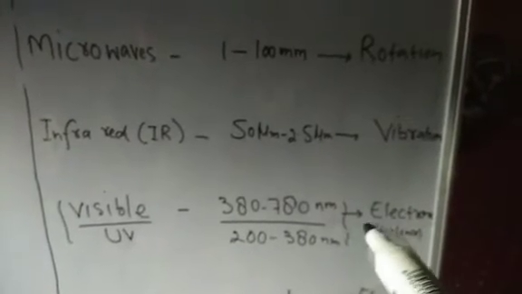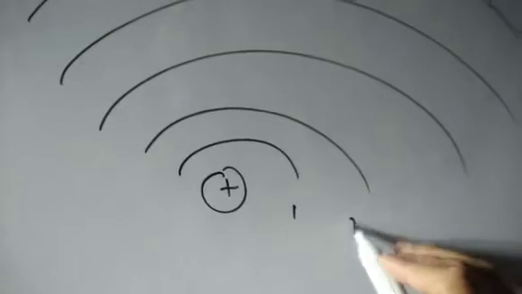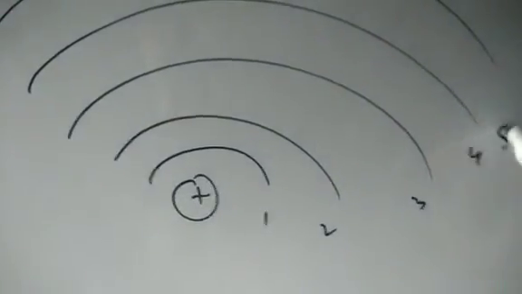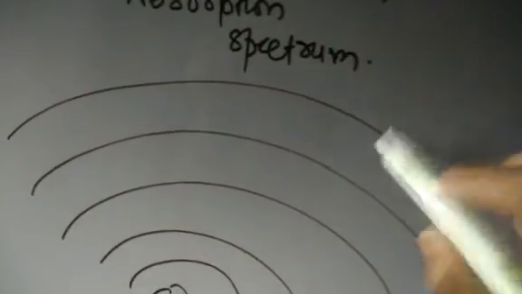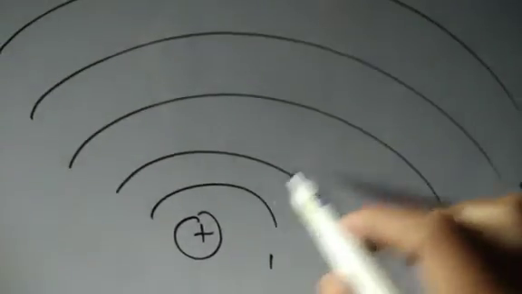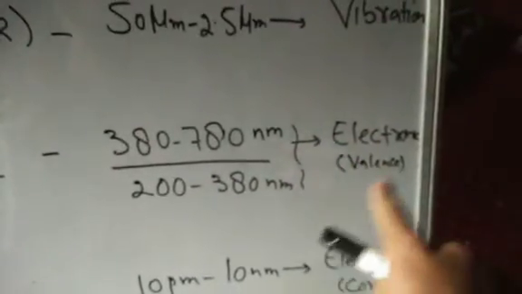Fine. So valence electrons means, you can try it here. If we just put up a Bohr's model kind of structure, this atom in a molecule. So this is energy level 1, 2, 3, 4, 5. The ones which are on the outside, these are called valence electronic energy levels. Inside, these are called the core electronic energy levels, these which are inside the atom, close to the nucleus. So ultraviolet visible spectroscopy basically leads to change in the valence electronic energy levels.